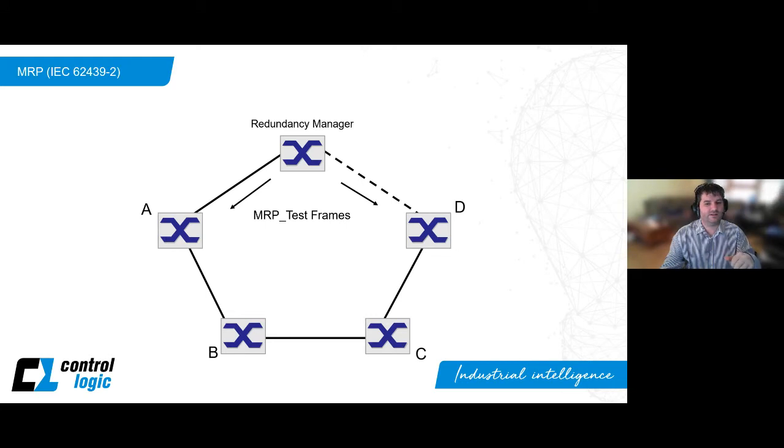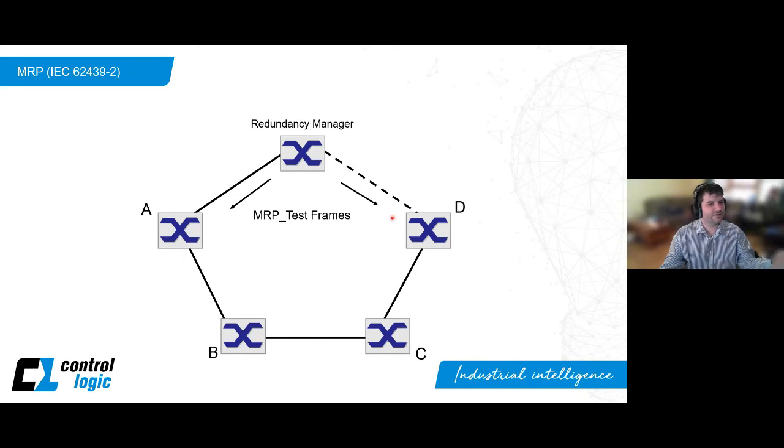So what does it look like? We have here our redundancy manager or ring manager. People will call it different things. He'll send some test frames around the network. It's more or less a small watchdog packet sent very frequently. And as long as that's going around the network and coming back and being received here between switch D and the ring manager, he knows everything's okay. None of the links are broken. All of the switches are working. All the links are active because I'm getting this back in the same amount of time. If he was to miss 3 of those, he would consider the network failed somewhere